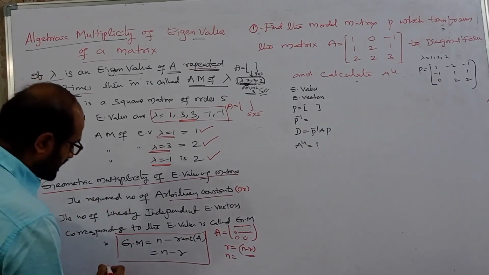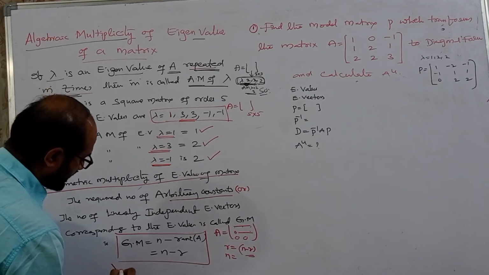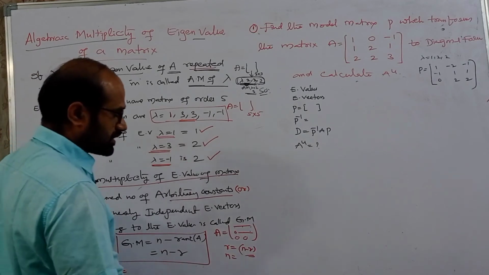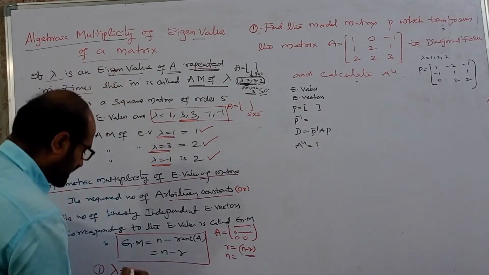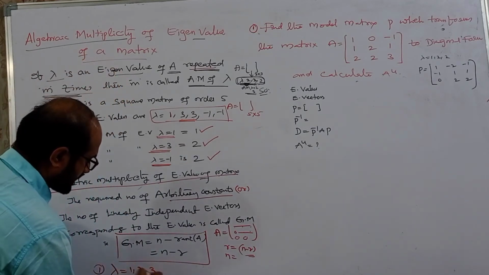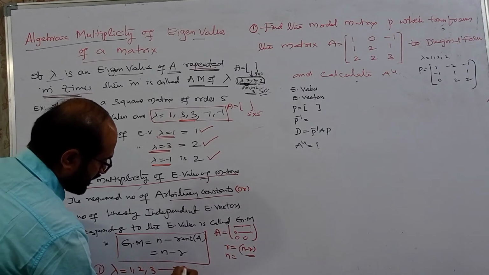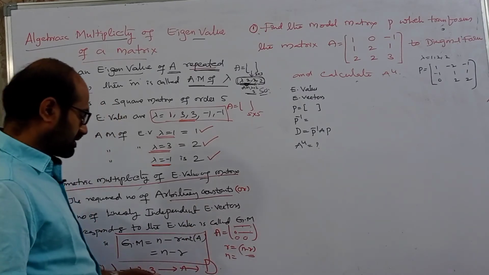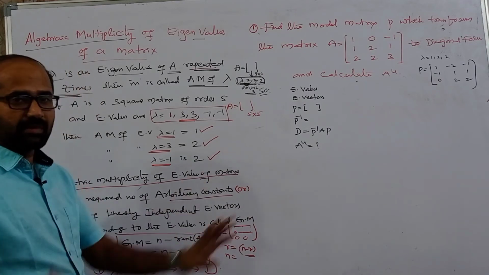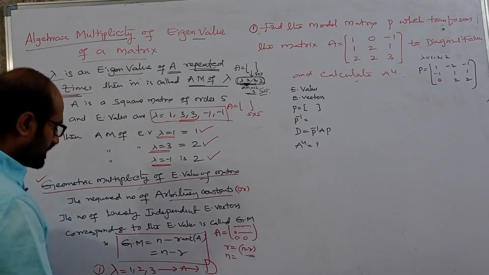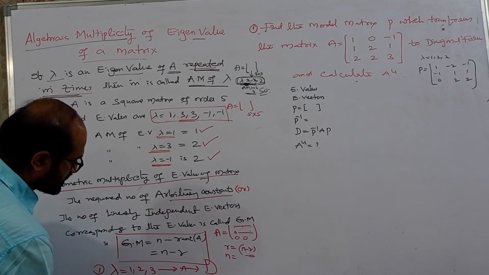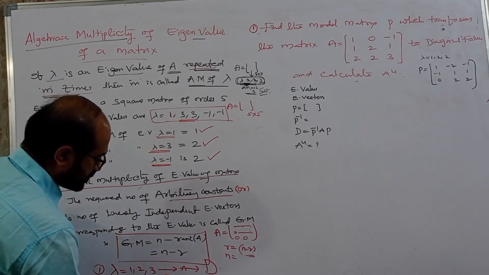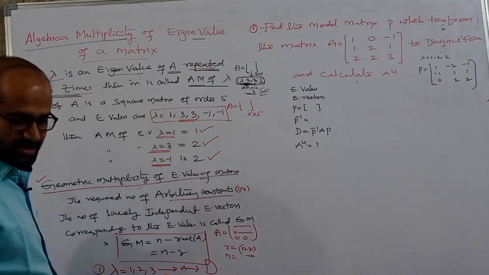See, if eigenvalues are repeated, first case I am taking, already I discussed in the previous lectures. If eigenvalues are distinct like 1, 2, 3, then the matrix A is diagonalizable. If eigenvalues are distinct, then compulsorily the matrix is diagonalizable. In case eigenvalues are not distinct, it means repeated, in such a case you can see two cases.